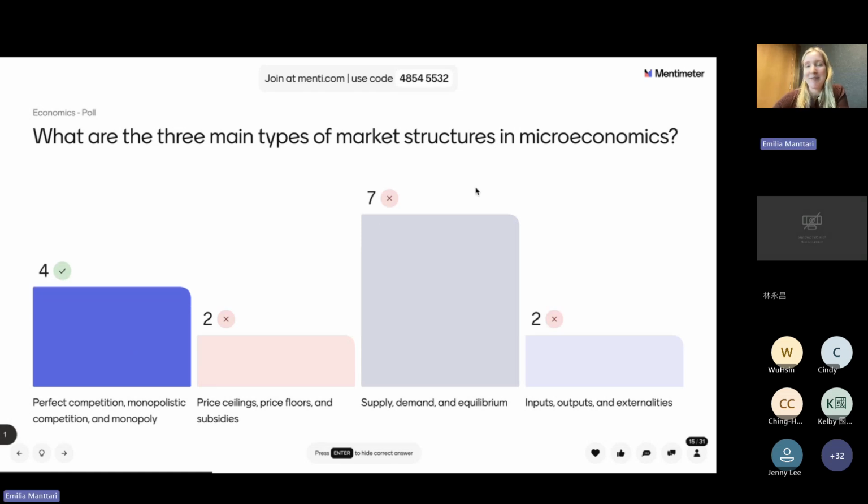Nice. And then, depending on what subjects you're teaching, if it's English or another subject, you can, of course, create other types of polls and just pick whatever questions are relevant for you.